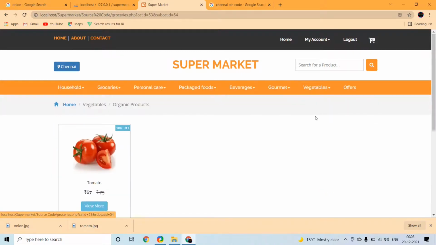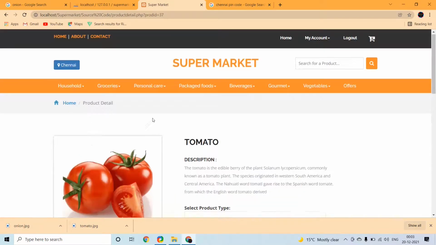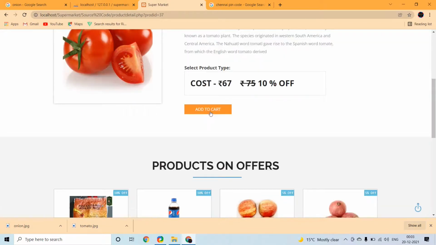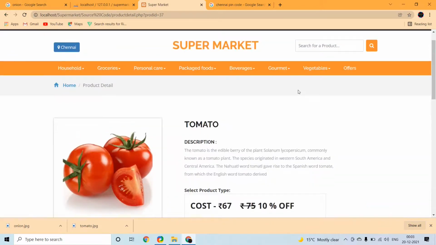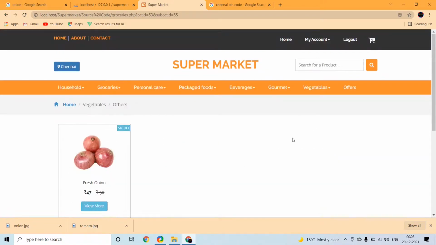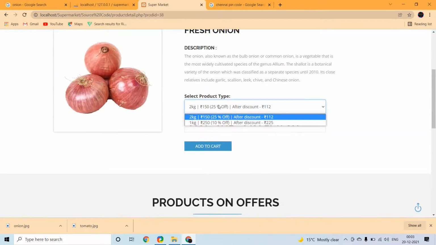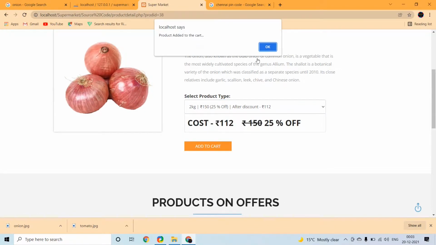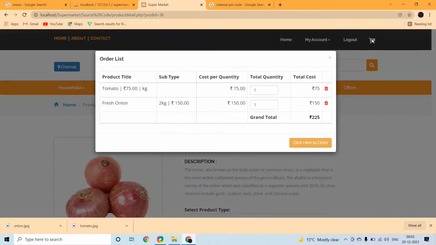Now if he wants to purchase tomato, he can click on add to cart, and onion, go to add to the cart. Now in the order list, tomato and fresh onions list has come, and now click here to order.